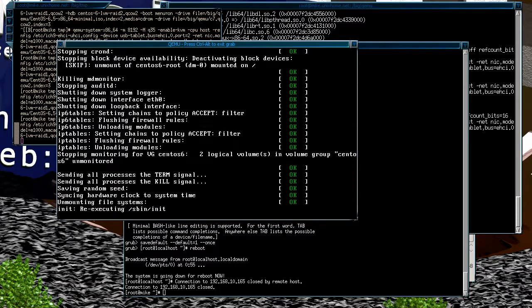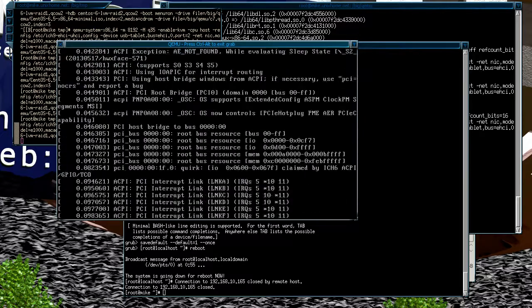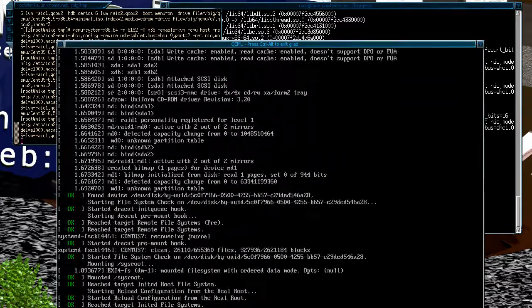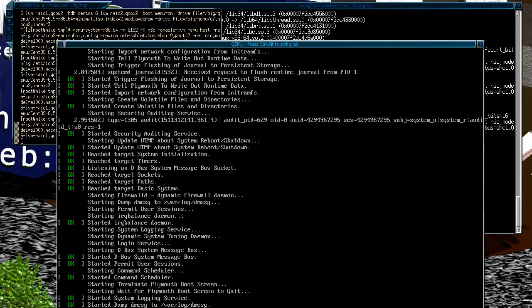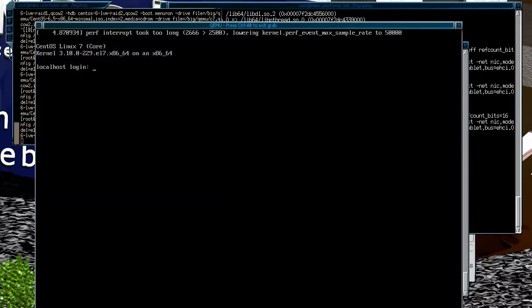And so now when it reboots, it goes into CentOS 7. And so now, if you get the networking up,